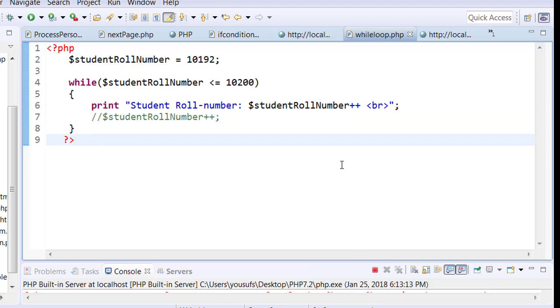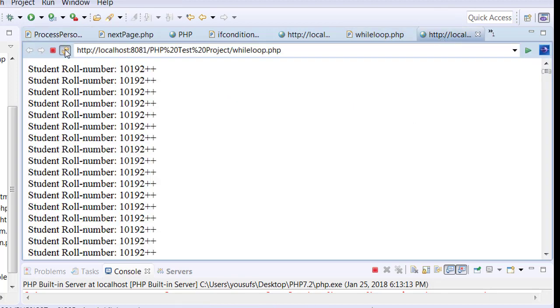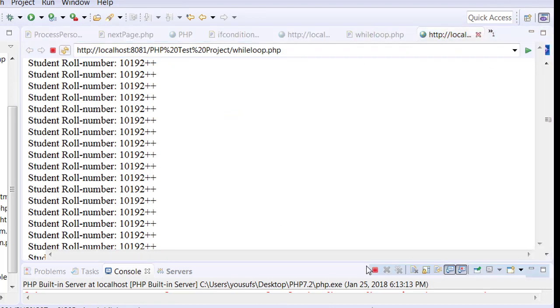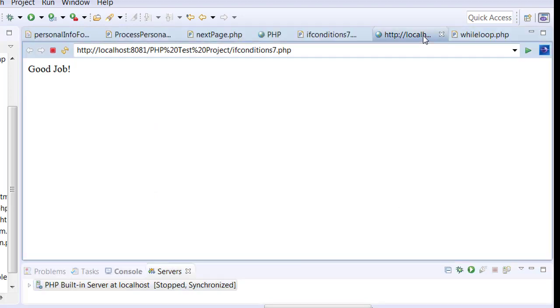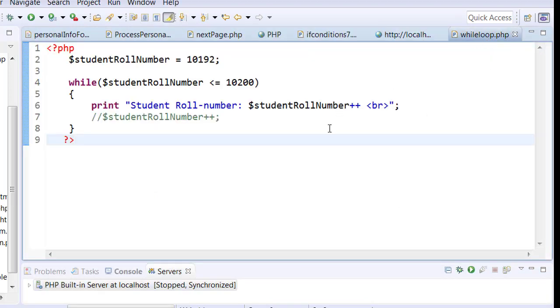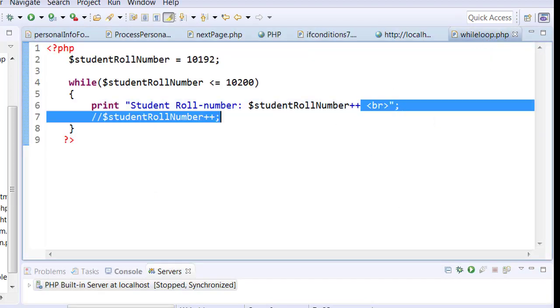Okay. Now the question is, if I comment out this line, what will happen? Infinite loop, right? Because there's no way for it to increase. Okay. However, if I do this,